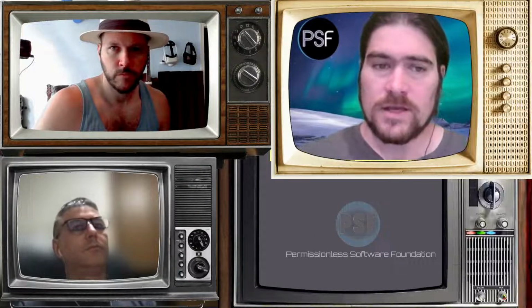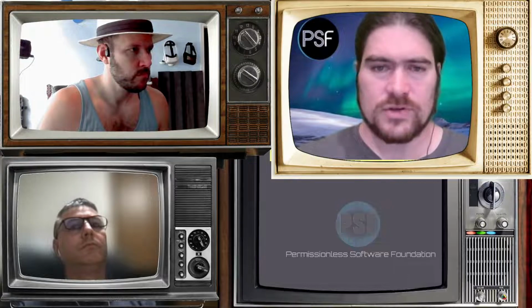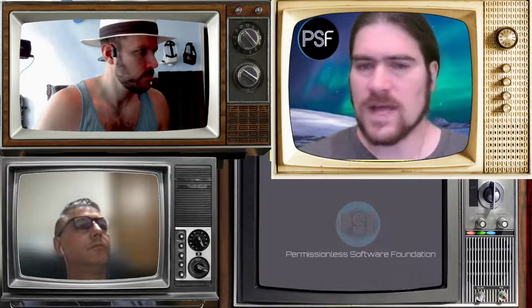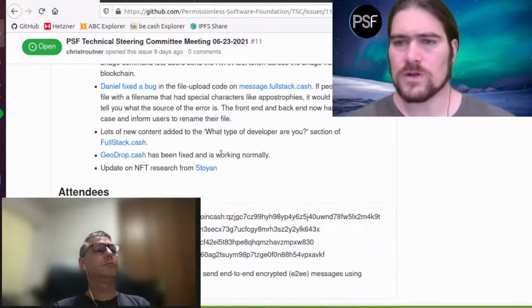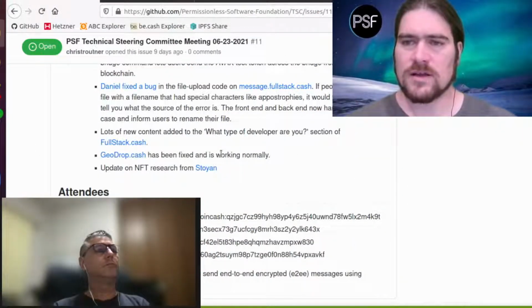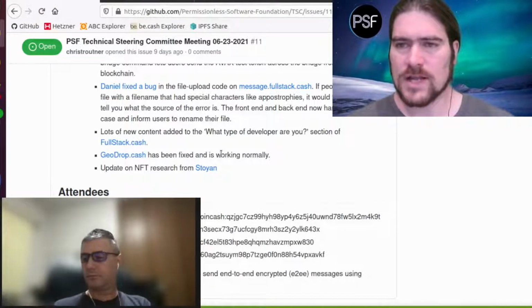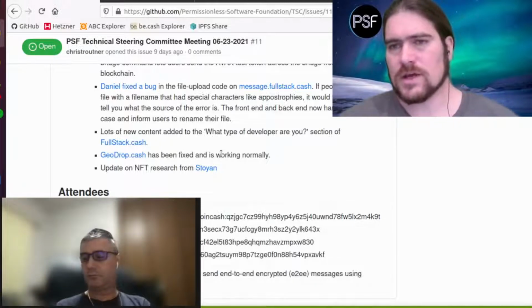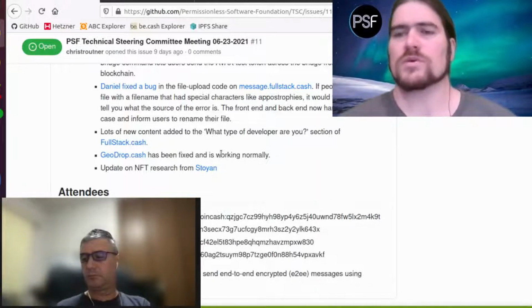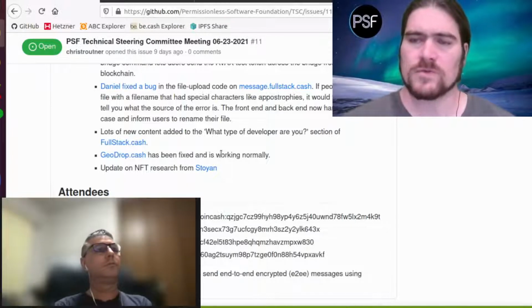And then finally, geodrop.cash, which is our example of a game that you can build with our wallet tools. That's fully functional now. That's been fixed. So if people want to check it out, it's a map-based scavenger hunt game, and it's an example of what you can build with some of our front-end software.